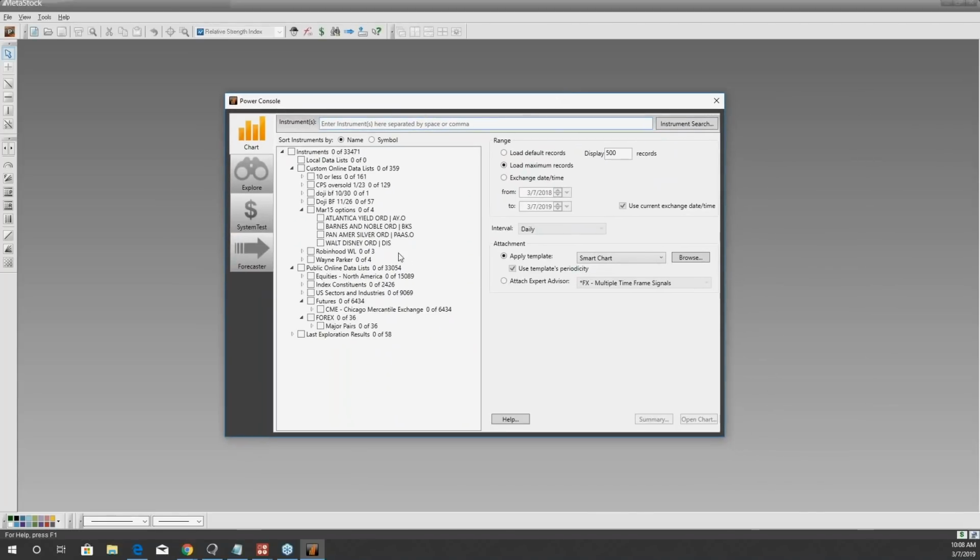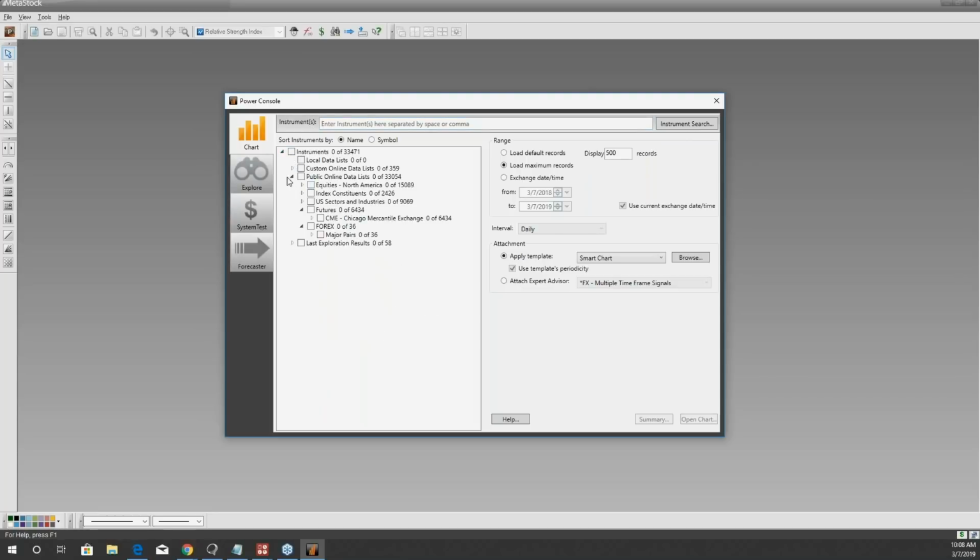So, now that we're in online mode, you can see that we have a bunch of instruments available that we can go through in this chart tab. And there's a lot. I have this customized, but generally when you start up MetaStock for the first time, you'll notice the number of instruments is in the hundreds of thousands. Mine says 0 of 33,000. That's because I have it customized. It's not showing everything, but we have a lot of data available.